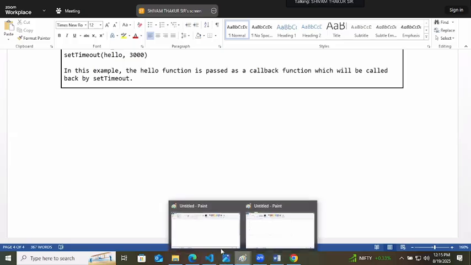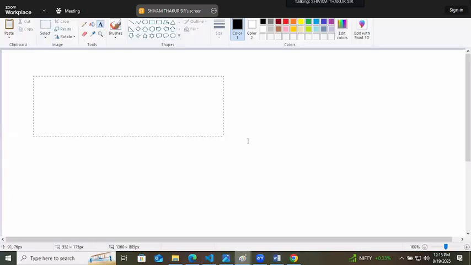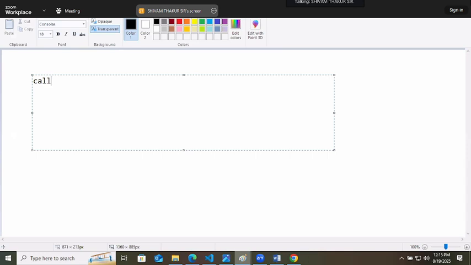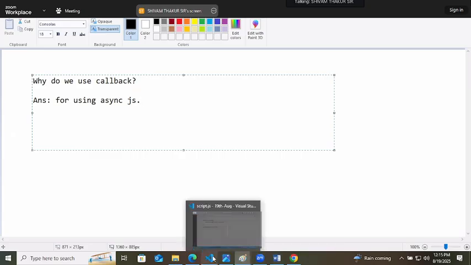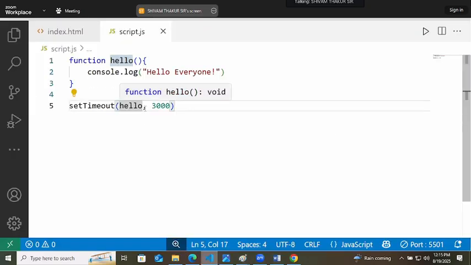So yesterday I told you that whenever you are having a callback, why do we use callback? If someone asks you why we use callback, the answer is for using asynchronous JavaScript. We are using setTimeout for asynchronous JavaScript.